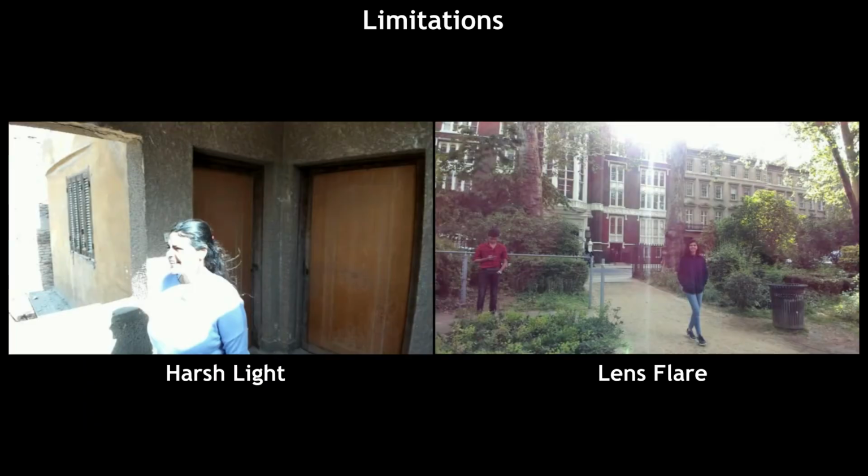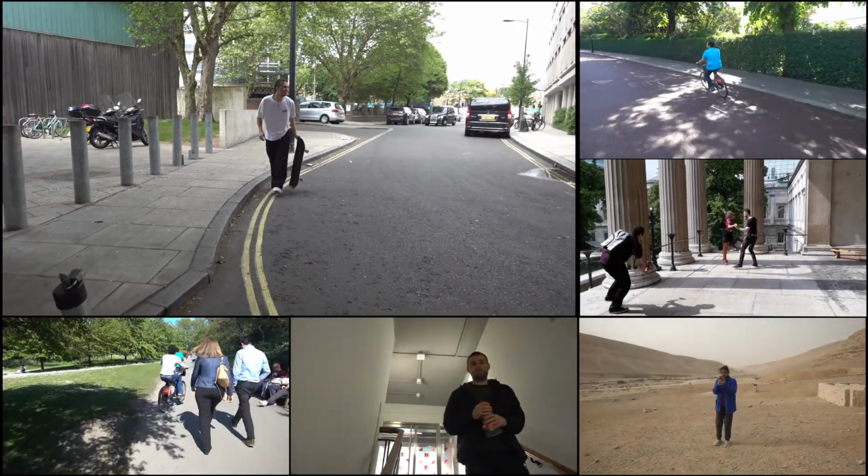Like other appearance encodings, ours is susceptible to lighting changes. Enrolling the actor standing in multiple locations may help with this. At a high level, the dialogue system is quite simplistic, and users asked about a possible system with more advanced natural language processing. LookOut has been used for hours of filming,